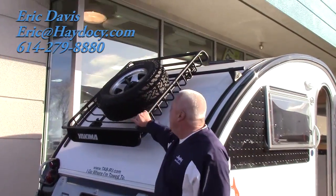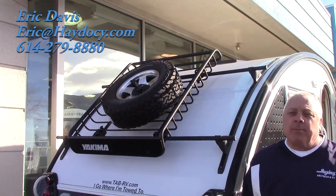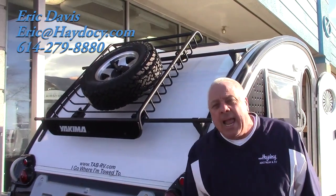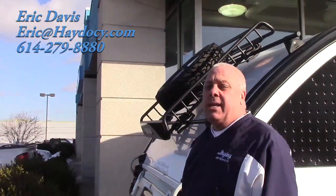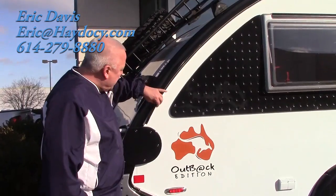Now here you can see we've utilized it for the off-road tire, but the Yakima rack system can employ, certainly, whatever you want. You want the kayak thrown on here, throw the kayak on there. You want the bikes on here, throw the bikes on there. So we have the great Yakima system. And by the way, also, you have that rail system